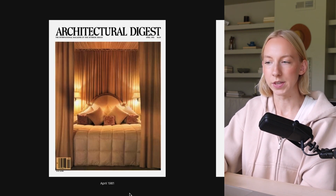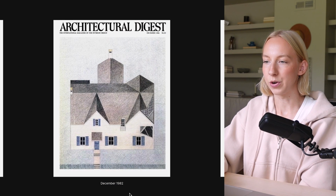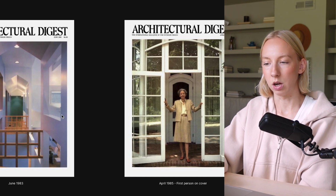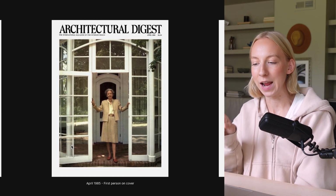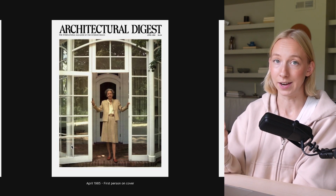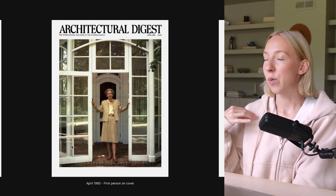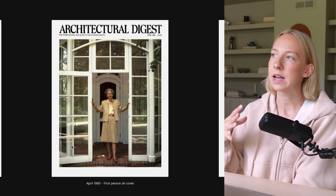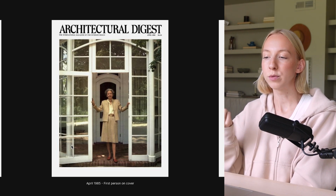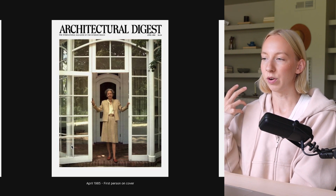Moving on, we've got the same layout here starting out in the 80s. So not much is different. They're doing a lot of that white background with the cool image here. Here I wanted to know, in April 1985, this is the first ever person on a cover. So now whenever we see Architectural Digest, we're almost always, I guess we'll see when we get more modern here, but we're almost always seeing a person on the cover,